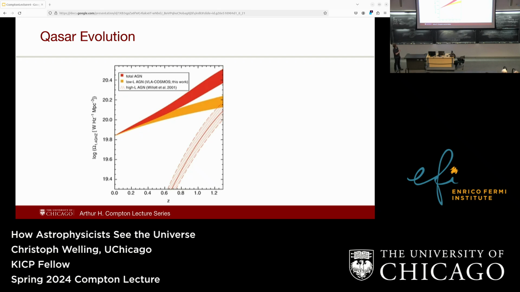So the red bar here tells you about all of these radio sources, which are called AGN, and we will get to what these actually are in a bit. And you can see they are much more common in the early universe. And if you only pick the very, very brightest of these, it's even more extreme. That's this dotted line here. There are basically none of these relatively close to us. So these really only existed in the early universe. So the universe must have been different in the past.